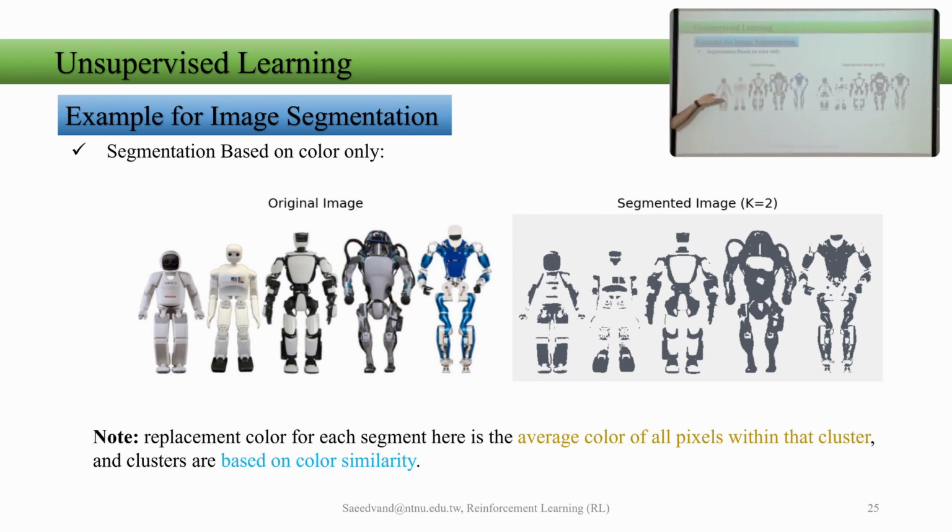I gave this image as input, ran K-medoids, K-means with K equal to 2, and the output looks like this. What are these color indications? You can see that it's kind of black and white, and these are the average colors of each cluster. So maybe you have 100 pixels in a class, I get the average, and the average color is indicated here, and the average color of the other class. So all these colors of the image are clustered into 2.